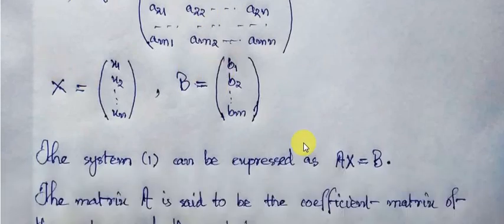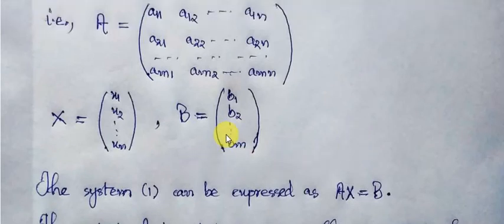So the given system of linear equations we can write as AX equal to B. A is this associated matrix formed considering all the coefficients of the equations of the system. X is the column matrix formed by the unknowns present in each equation of the system, and B is formed by the right hand members of the system of equations. Okay,